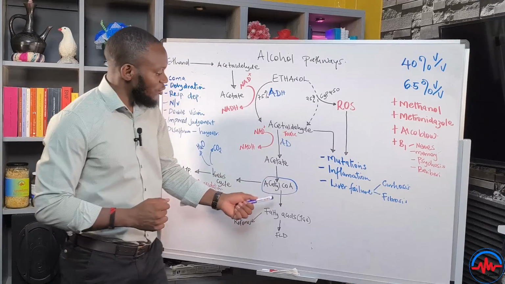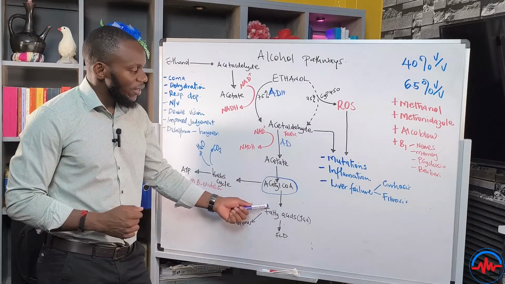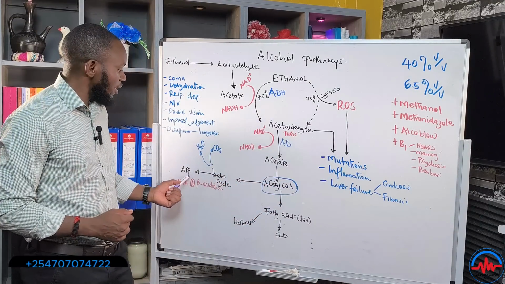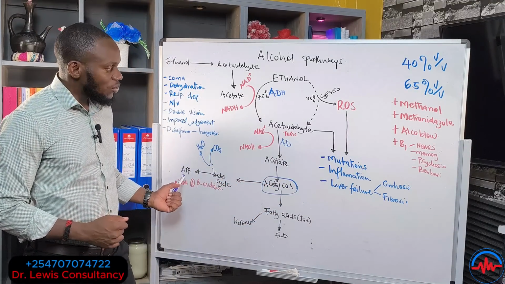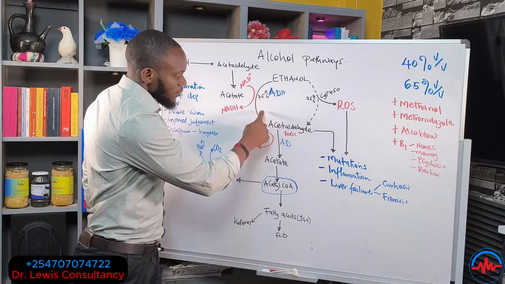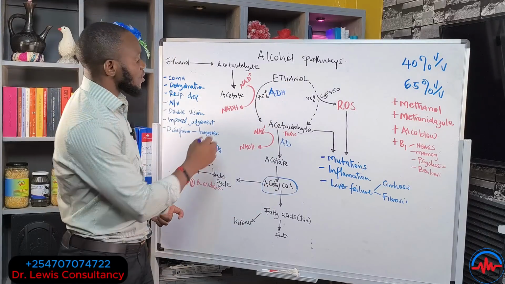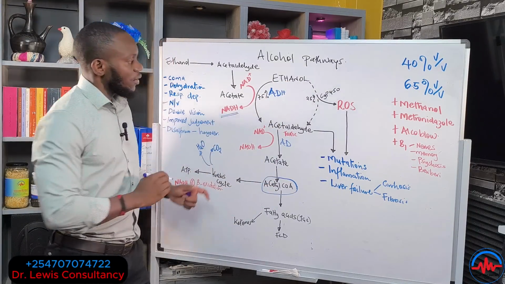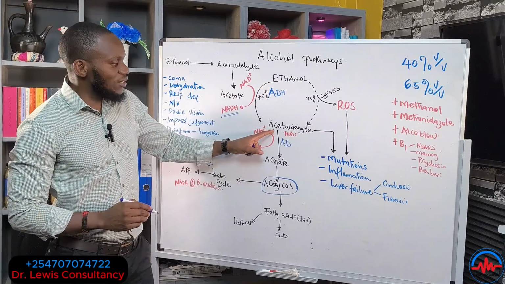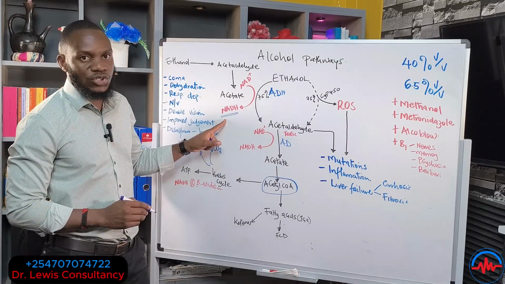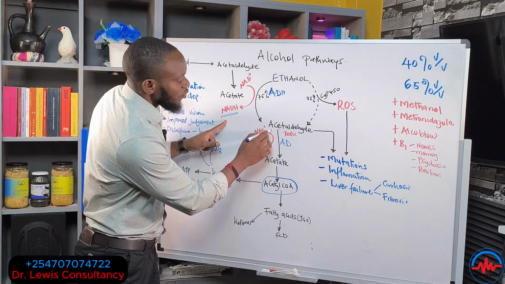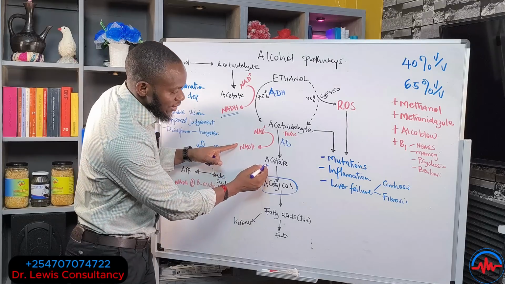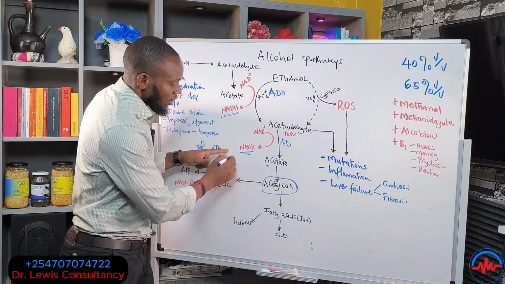So alcohol can actually give you energy by taking acetyl-CoA into the Krebs cycle, and then you yield ATP. But I want you to see this. As you're metabolizing alcohol using this pathway, you're going to release something called NADH. In the first step of turning ethanol to acetaldehyde, you're producing NADH. Also, in the pathway of converting acetaldehyde into acetate, you're going to release NADH.